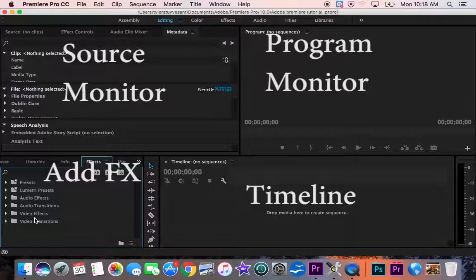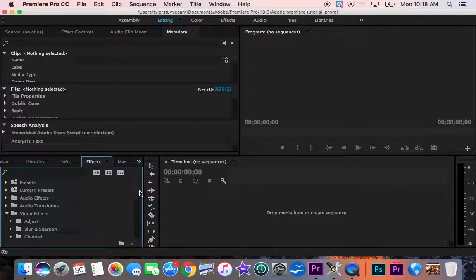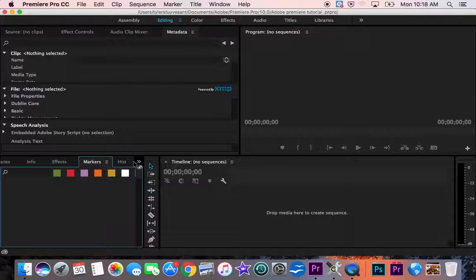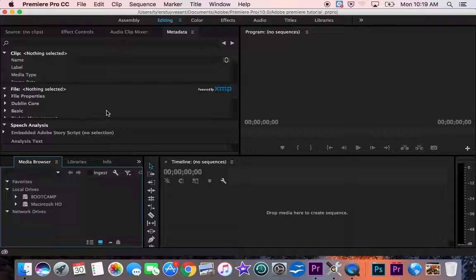Effects. This is an area where you can add effects to your clips. Video transitions, video effects, audio transitions, audio effects. All this stuff has pull downs. So I've just opened up video transitions. One of my favorites is cross dissolve right there. Let's open up video effects, and you can see how deep this program gets. So there's adjust, blur, sharpen. There's a lot to explore, but first is getting an idea of what all these things do. Okay,